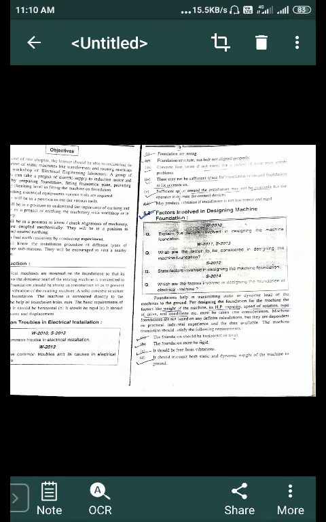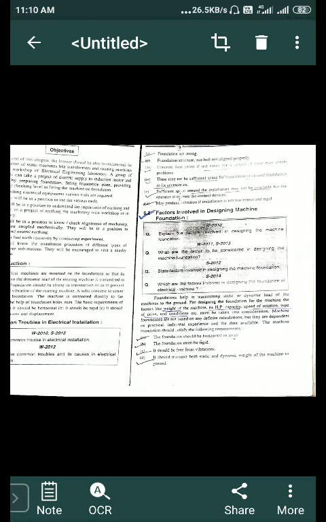machines. For designing the foundation for the machine, factors like weight of the machines, its HP capacity, speed of rotations, type of drives, soil condition, etc. must be taken into consideration. Well, for the design of the foundations, you have to consider all these factors: what is the weight, what is its HP capacity, what is the speed of rotations, and which type of drive you are using, and what is the soil condition where you are doing your